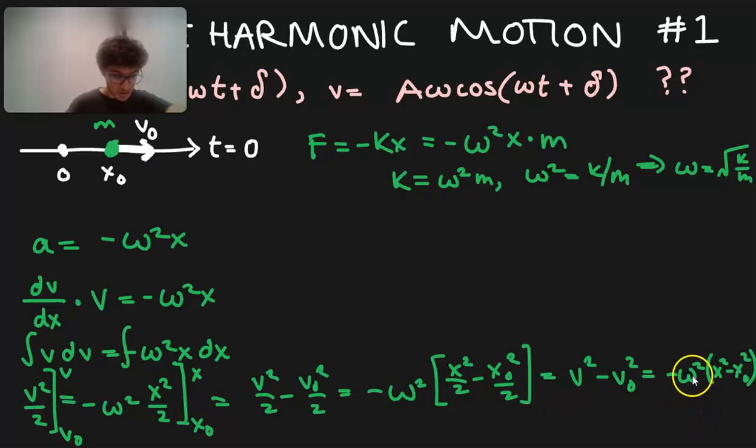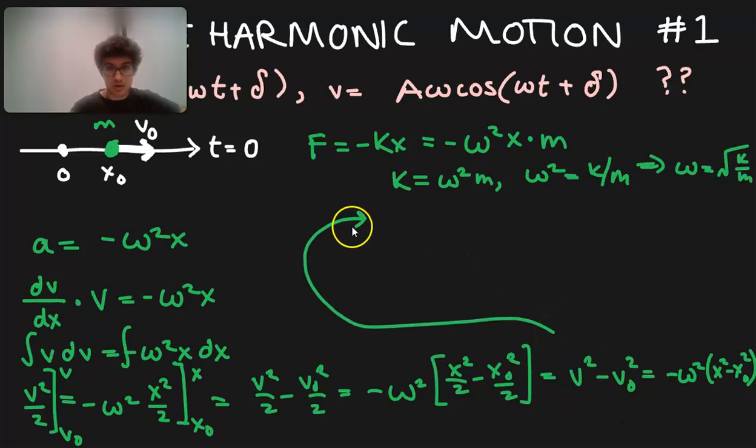How can we proceed from here? Well, we can now isolate v squared. So I'm going to continue up here. We want to isolate v squared and see what we can do from there, right? So we just add v naught squared to both sides. That gives us v squared is equal to v naught squared